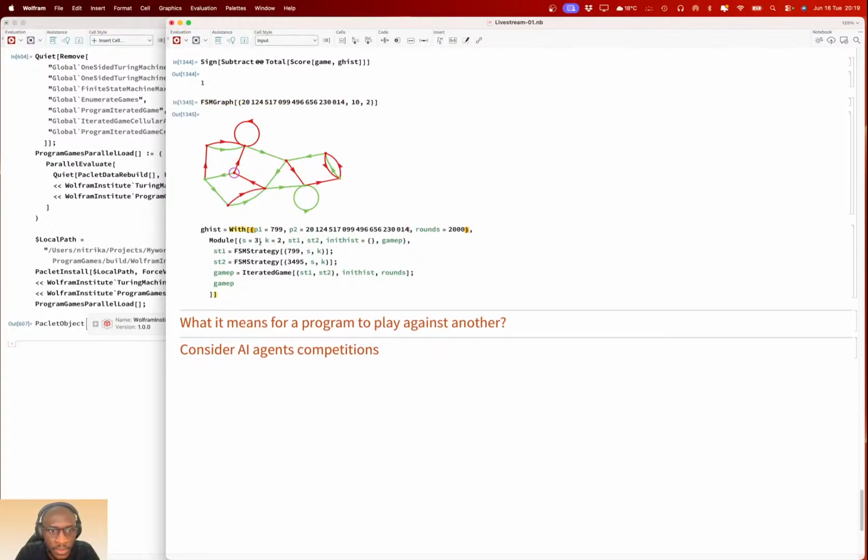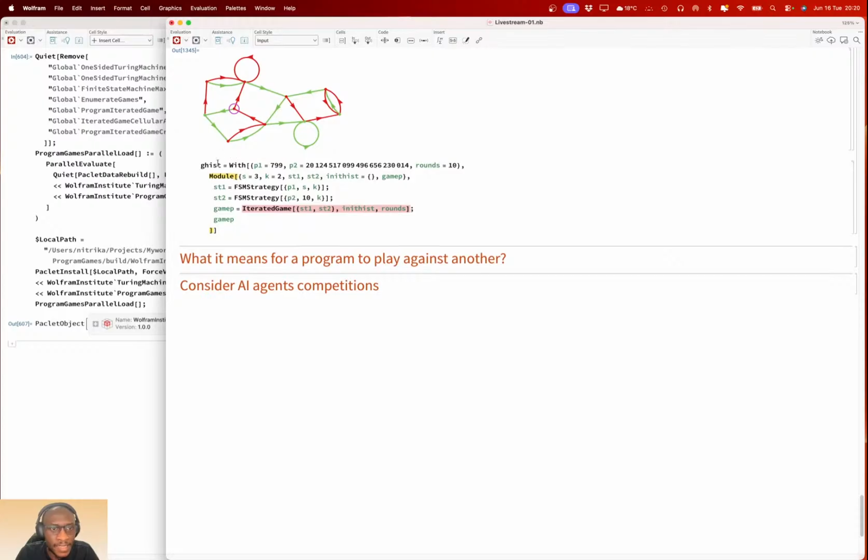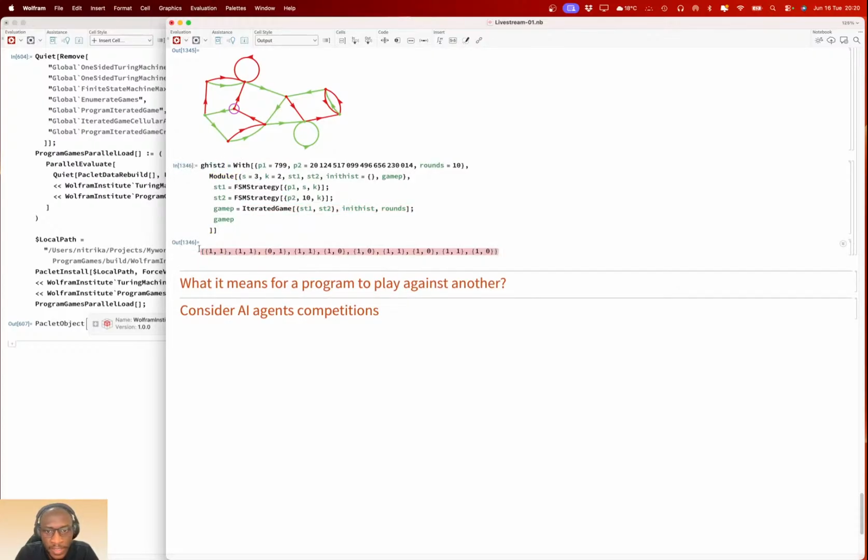Wait, I didn't even change this. Player one, player two. Player two is a 10-state machine. So playing these two against each other, we get this, and we can score that.